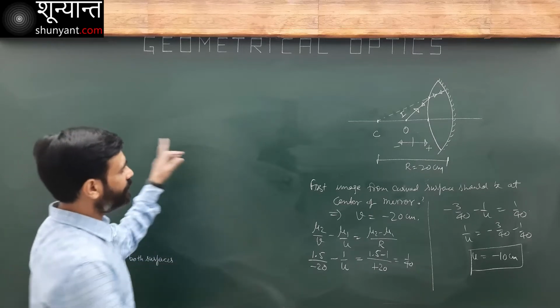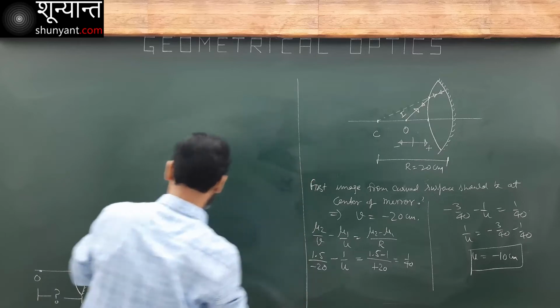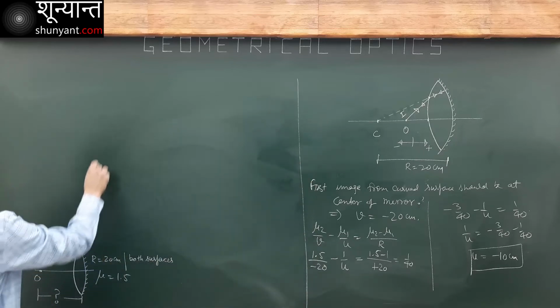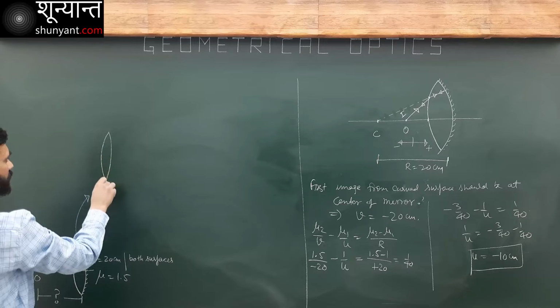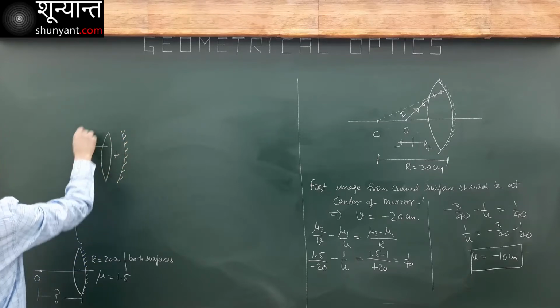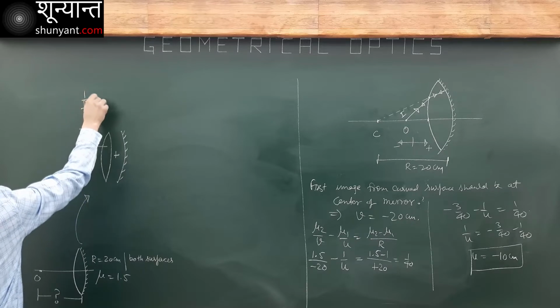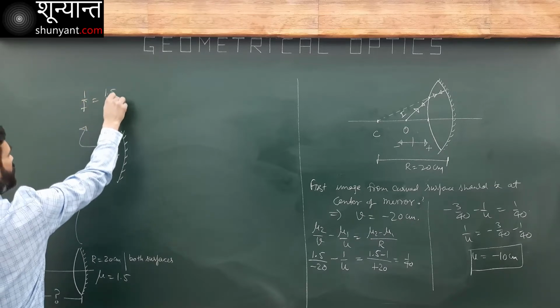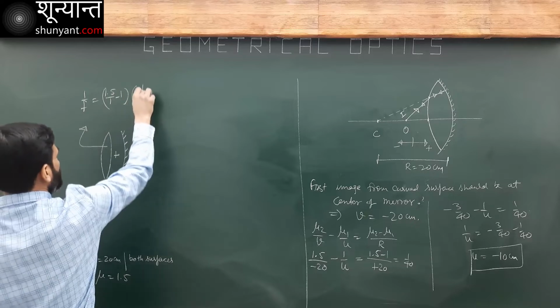You can also do it by finding its focal length. You can also do it if you consider this to be a lens plus a mirror. What will be its focal length? 1 over f is 1.5, 1 over